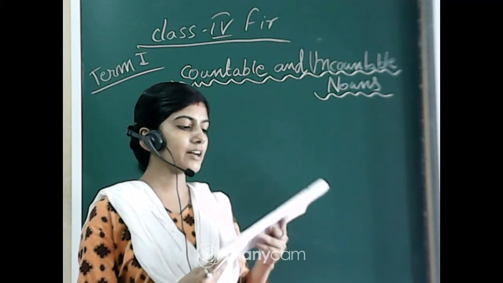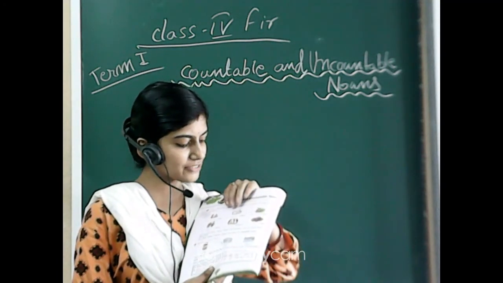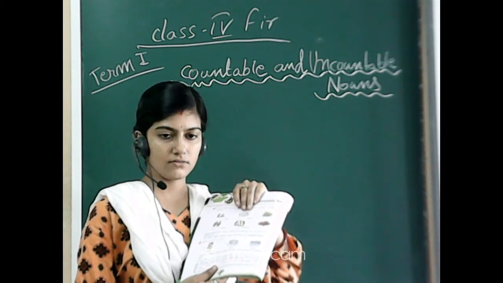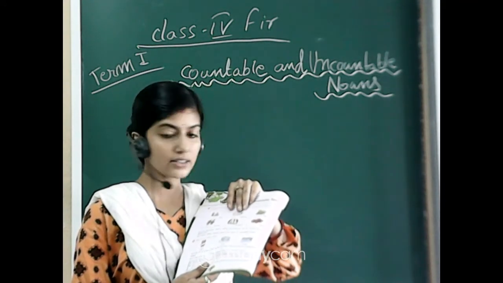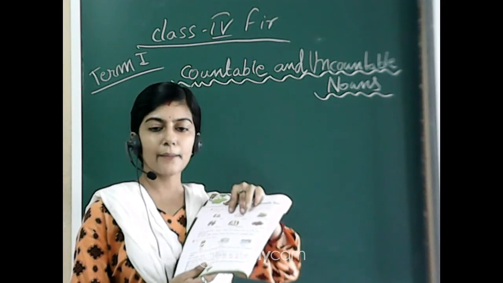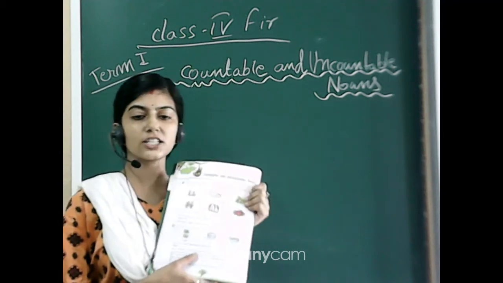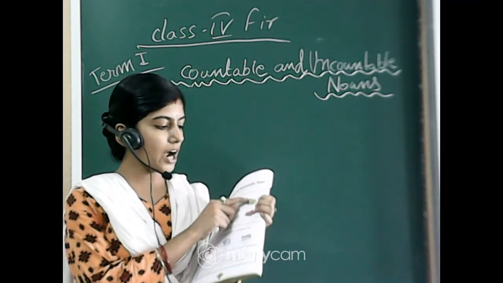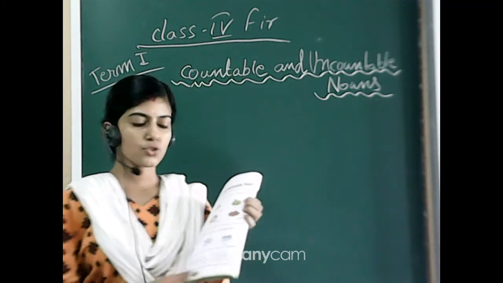The next one is the picture of 3 rabbits. We can easily count 1, 2 and 3, the number of rabbits. So write down here 3 rabbits. The next one is the picture of flowers. So count the flowers, 1, 2, 3, 4. So there are 4 flowers. So write down.